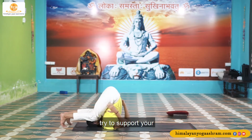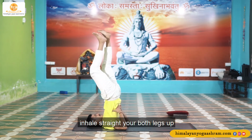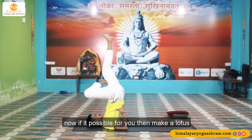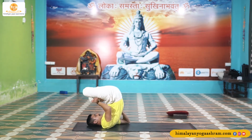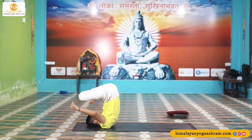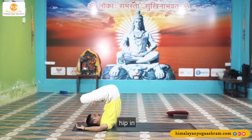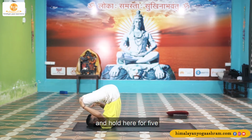Now first, try to support your back. Inhale, straighten both your legs up. Now if it's possible for you, then make a lotus by crossing your legs. And slowly, as you find balance, try to tuck your hip in. And slowly place both hands over your knees and hold here for 5,